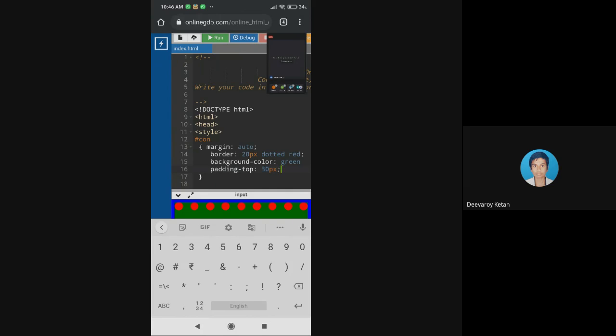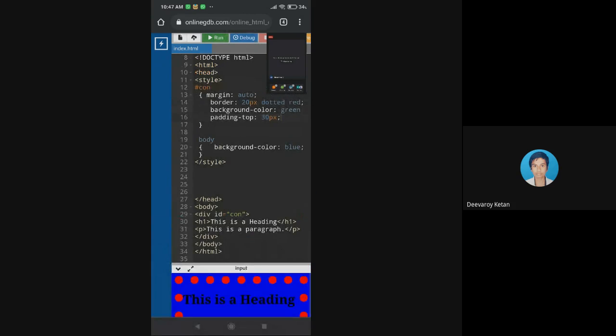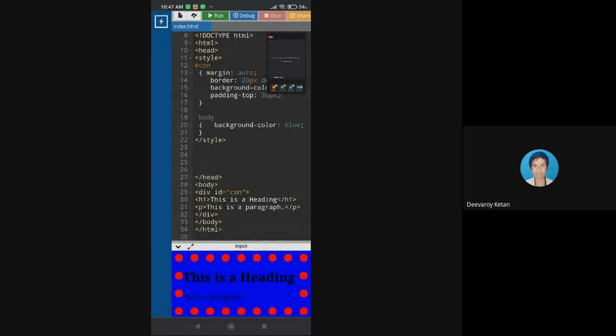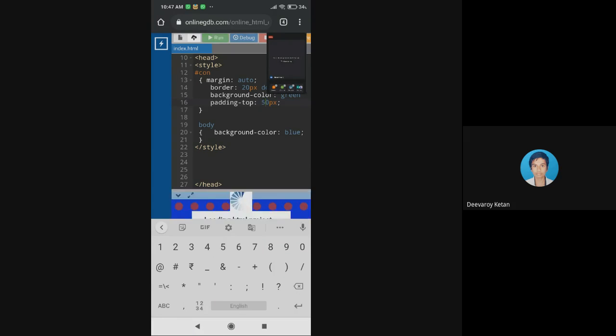If you remember, according to this, our data has got center. So it should come down now. Center with the down. So now you can see center with the down. So I got 30 pixels. So if you want a little bit down also, I'll make this 10, or 50, I'll make it. So it will come more down.